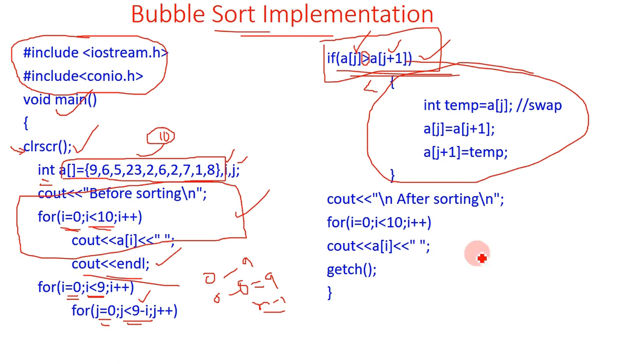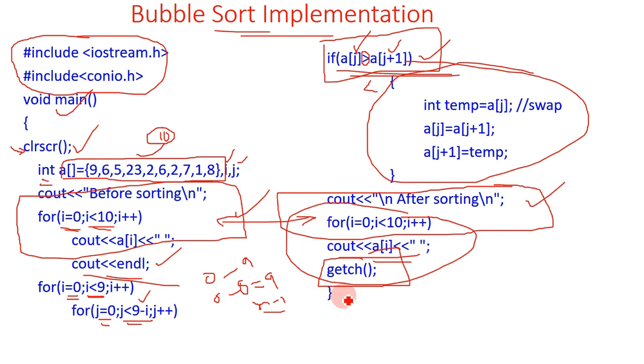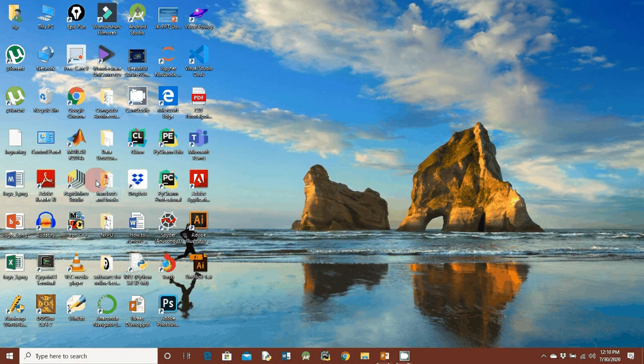And after sorting, this is used for traversing, and after traversing we can see how the values are traversed. Let's see whether the values are traversed or not. These are used for the traversing, inside this for loop, cout. This is traversing, and getch means get character. Now let's see whether our algorithm and our implementation are okay or not.